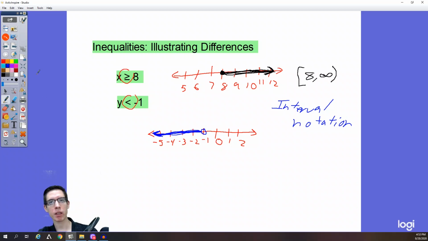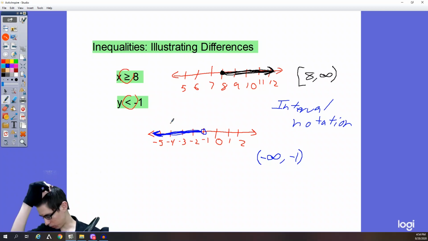And then for the bottom one, y less than -1, we're going to start with a negative infinity symbol. And then we're going to put a -1 here. And we're going to open with parentheses and we're going to close with parentheses. And what this is going to mean